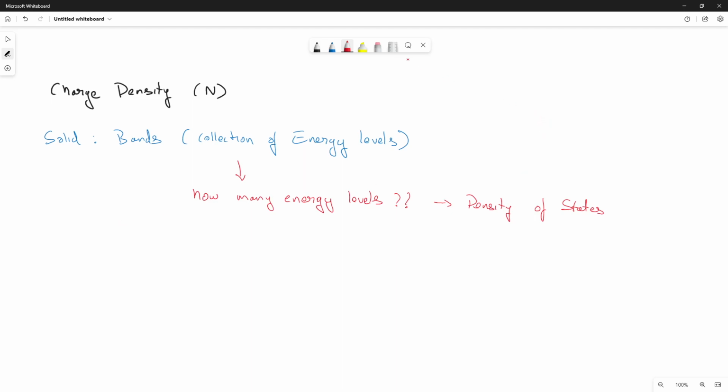Typically, in our understanding of things, what do we have? Like in a semiconductor, we usually have these two bands. So which one is the conduction band? Above or below? Above, sir. Okay.